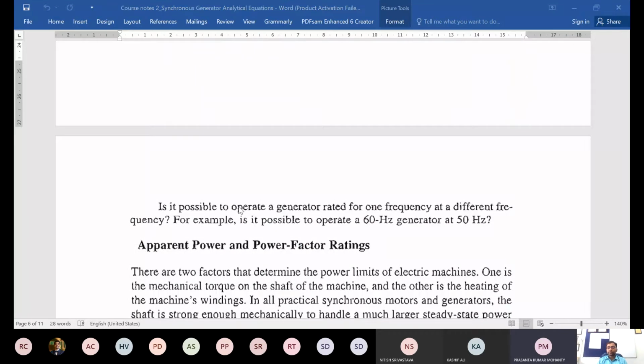Any confusion? Sir, actually in a practical scenario, are you doing this or not? Usually it won't be needed because this is just a hypothetical question. If I have a power plant to set up in India, why will I bring a 60 Hertz generator? Rather I will get a 50 Hertz generator manufactured. This is just for conceptual understanding. In an extreme condition, it might need to be done, if no other generator is available and there is only one supplier giving a 60 Hertz generator. That type of hypothetical condition. But yes, then it can be done. It can be done. Okay.